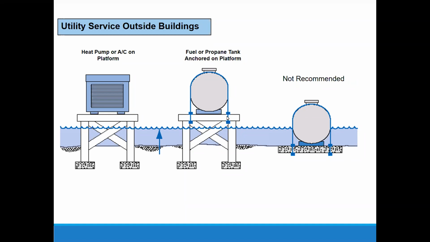FEMA would rather see the propane tanks elevated. But since this is a legal method, I don't beef about it too much when I see farmhouses that are anchored for their propane tanks that way. I have also seen propane tanks float away. They had to close a bridge in Iowa during a bad flood in 2008 because they had over 100 propane tanks washed up against the side of the bridge and they're afraid it was going to blow up.